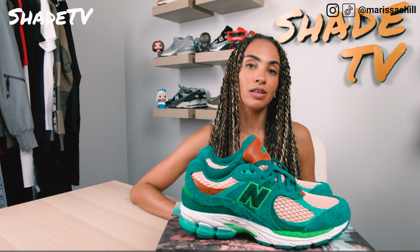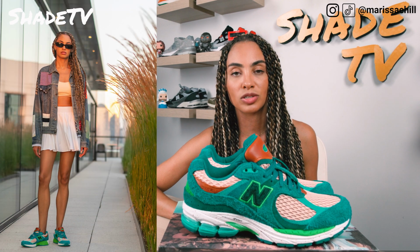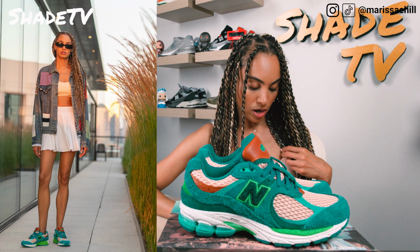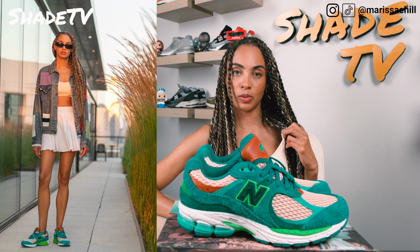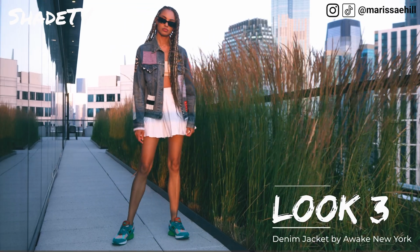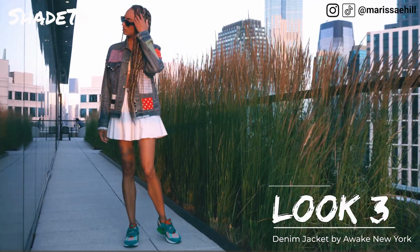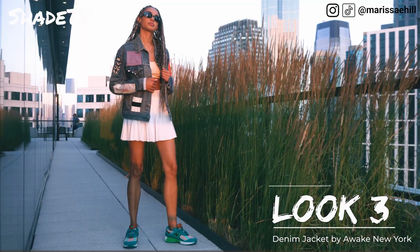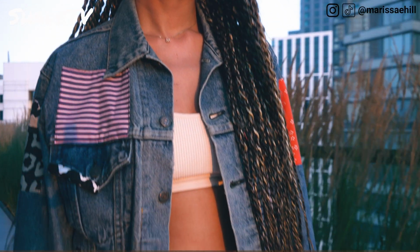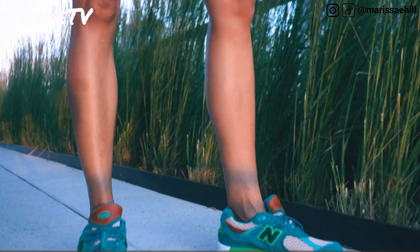For the last and final look, I decided to wear my Awake denim jacket with a nice, just simple sports bra in the same mesh colorway that was on the shoe, matched with a nice simple tennis skirt in white. I felt like the Awake kind of pattern just had a lot going on, but I feel like this just goes so well with different types of patterns. So I kind of wanted to give you guys a more vibrantly patterned design to really intricately add to the